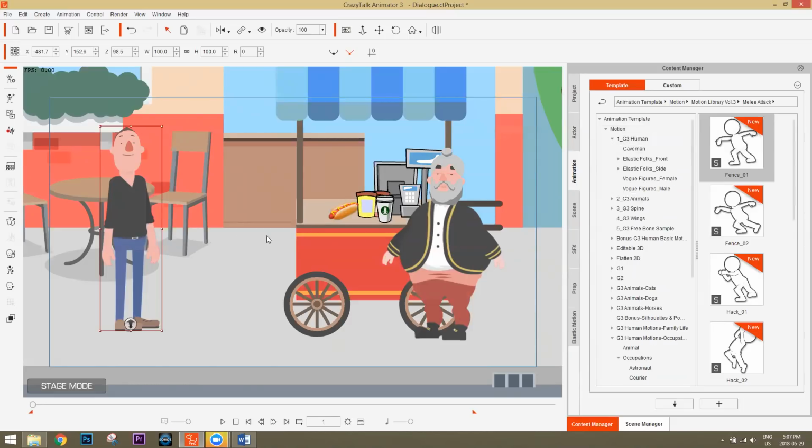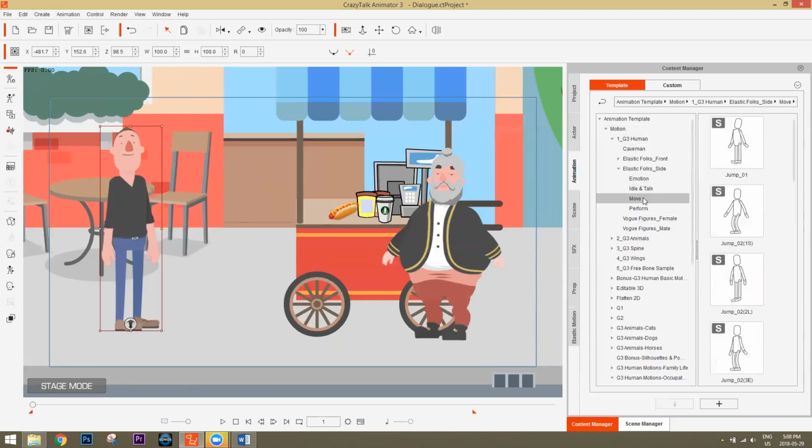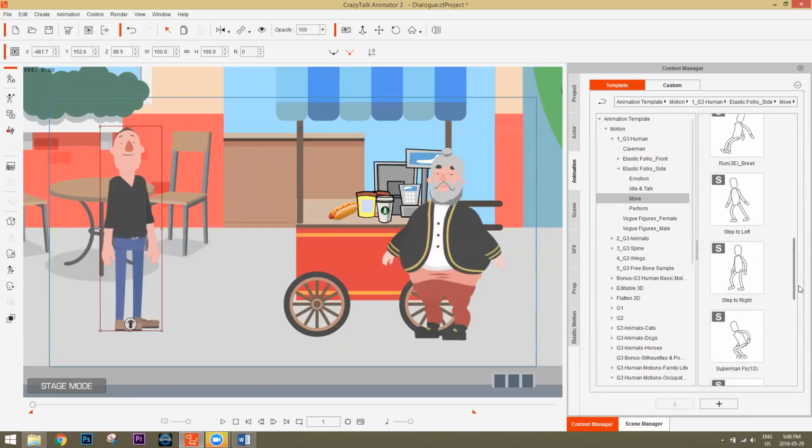This is a G3 character, so you need to use G3 human animations for it. And it's a side-facing character, so you need to use these side-facing motions. The side-facing motions are indicated by the S in the top left-hand corner there. We're just going to go ahead and use a walk.